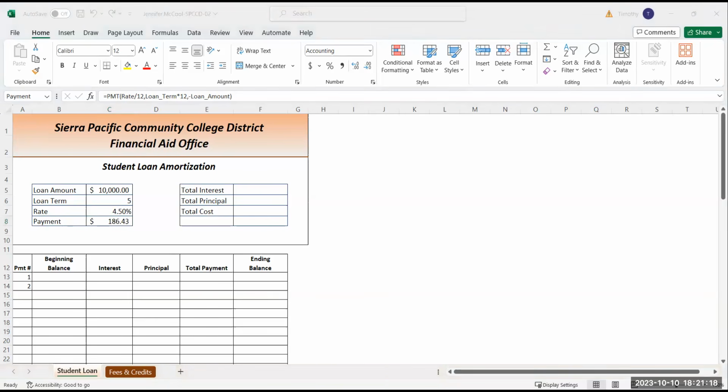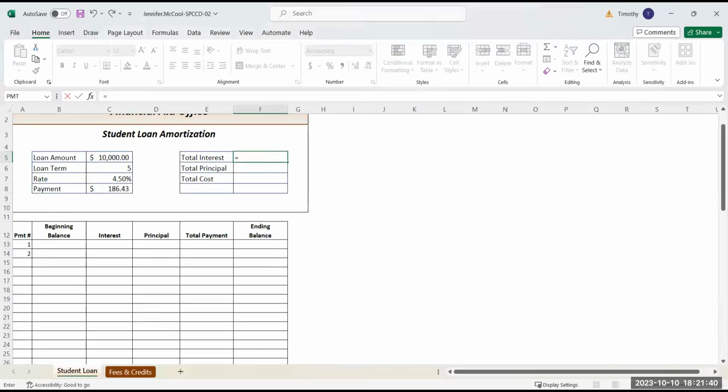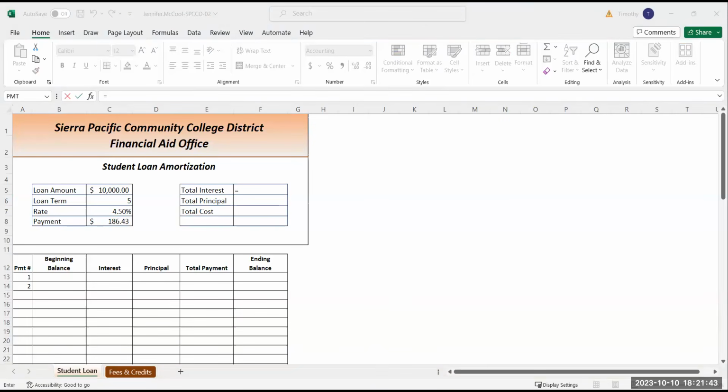All right. Step 4, create a total interest formula. Click cell F5. We're going to click F5. We're going to type an equal sign. You always start formulas with an equal sign. So you have the equal sign,